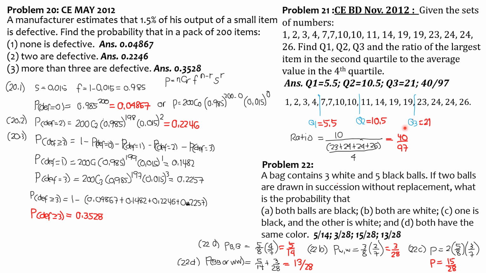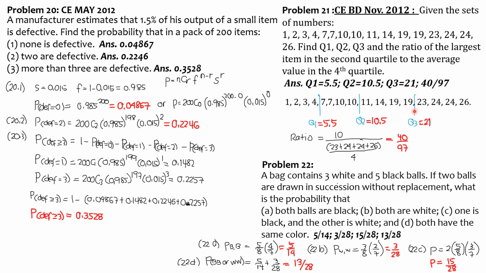So we first find the dividing line such that 8 items here, 8 items there. So this is it, and it is between 10 and 11, therefore quartile 2 is the average of 10 and 11, 10.5. There are 8 items here, so this is the division, and it is between 4 and 7, therefore quartile 1 is the average of 4 and 7, that's 5.5.